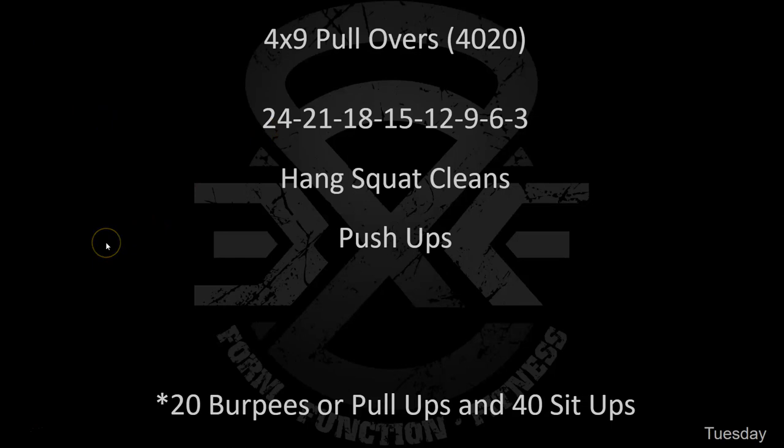Tuesday's workout, starting with upper body strength, pullovers. This is where you're lying on the ground, arms extended behind you, and you're lifting your weight with straight arms over your head, working into your lats and your chest. And then we're getting into